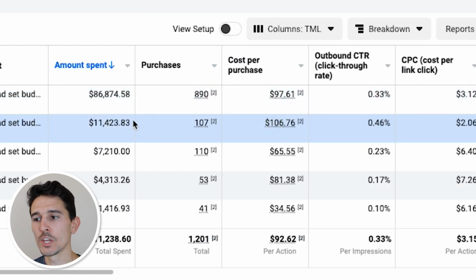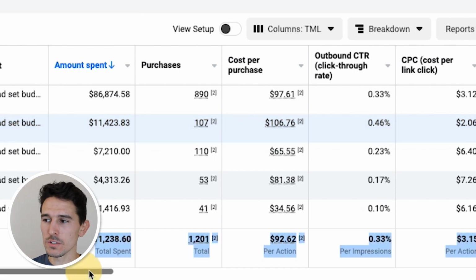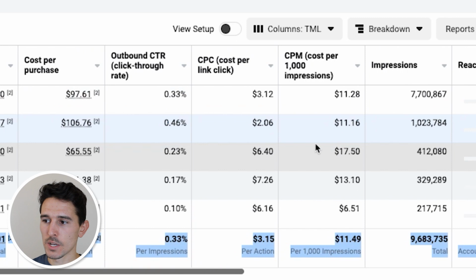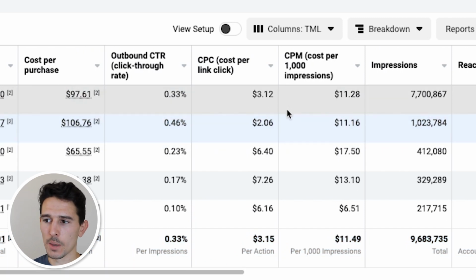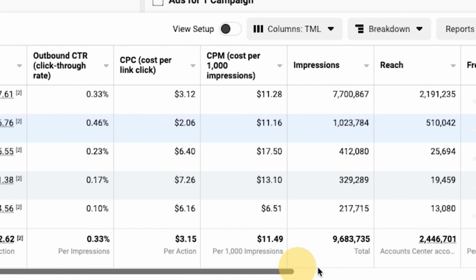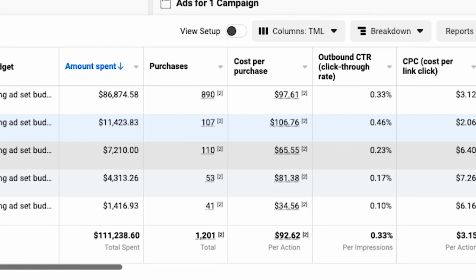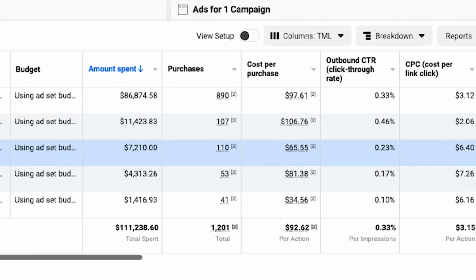Really easy here. We just spent way less money on Advantage Plus. You might ask, why are we still running it? There are some secondary metrics that we like from Advantage Plus that are a little bit better than our ABO campaign. We get higher click-through rates, we get cheaper cost per clicks, meaning we are simply getting cheaper site